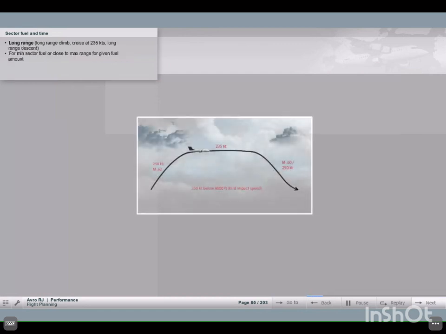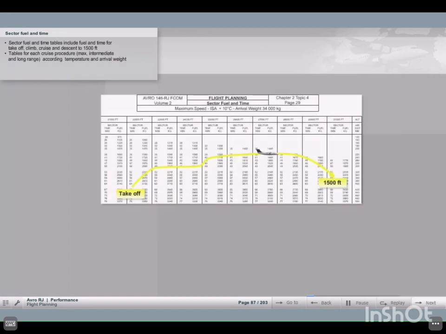Long-range, based on long-range climb, cruise at 235 knots indicated airspeed, and long-range descent. This procedure consists of practical speed schedules intended to give minimum sector fuel or close to maximum range for a given fuel. The sector fuel and timetables comprise fuel and